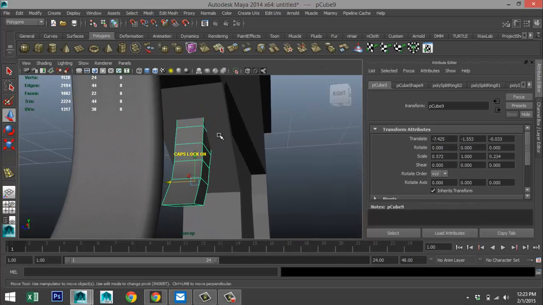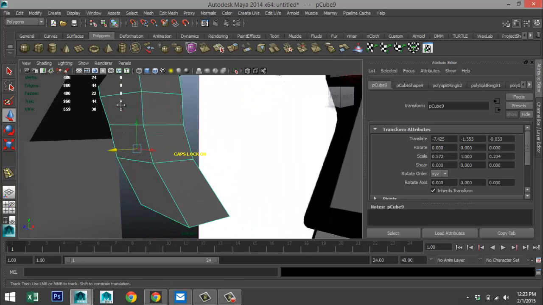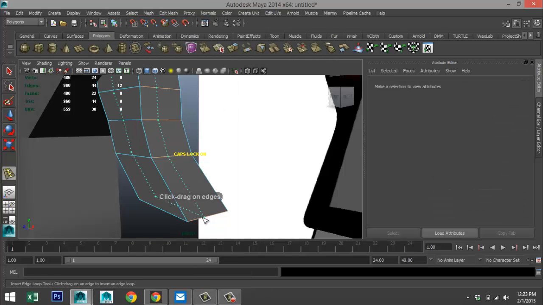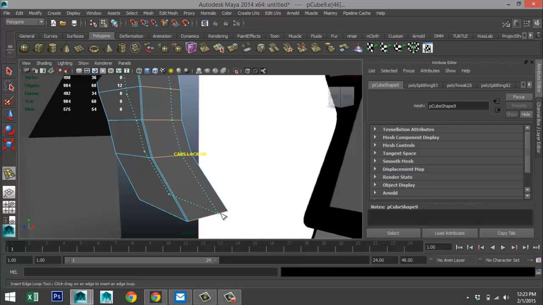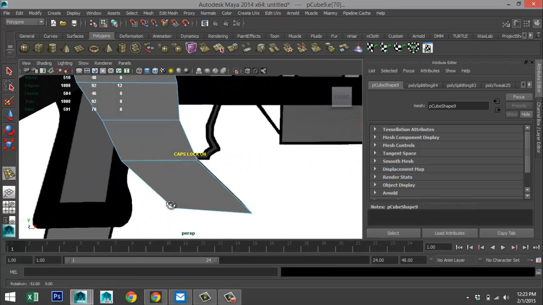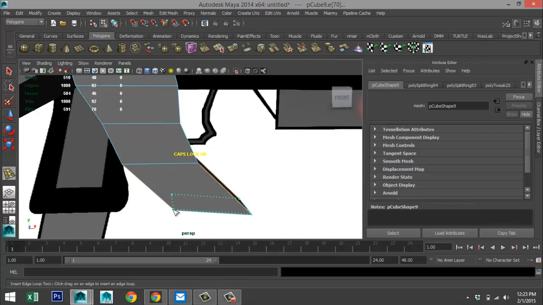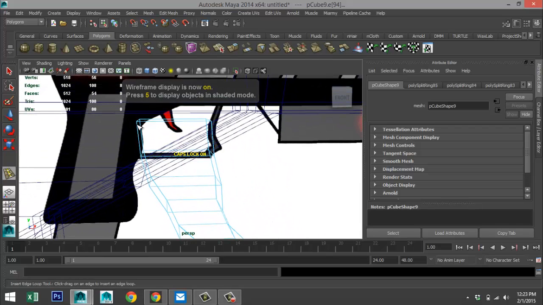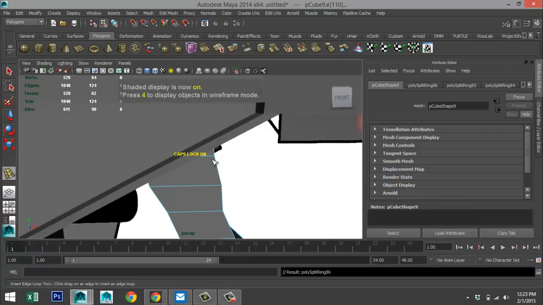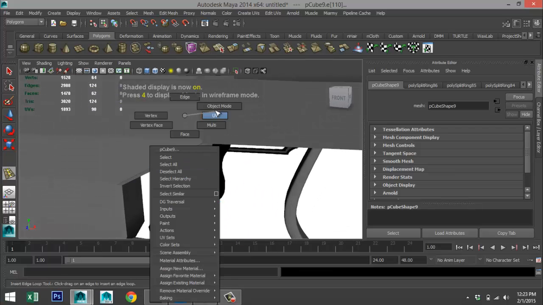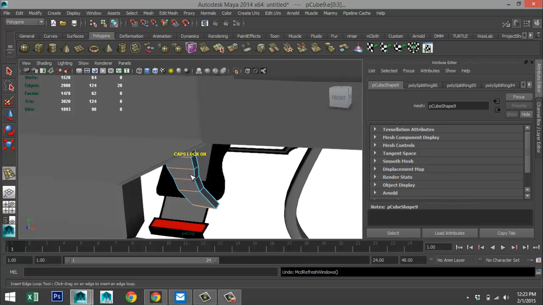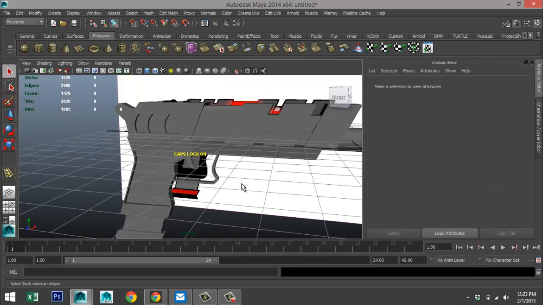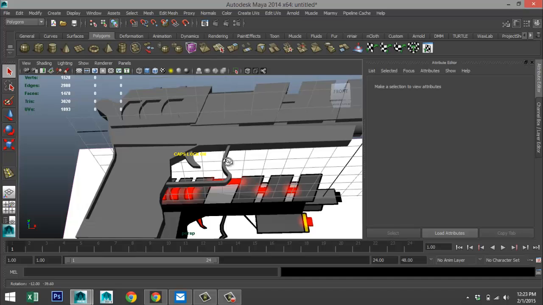There we go. F to zoom in, add some edge loops, edit mesh, insert edge loop tool, drag one to that end, drag one to that end, one right there, and possibly we'll just do one up here as well. 5 for shaded mode, right click object, all right, so that is all good.